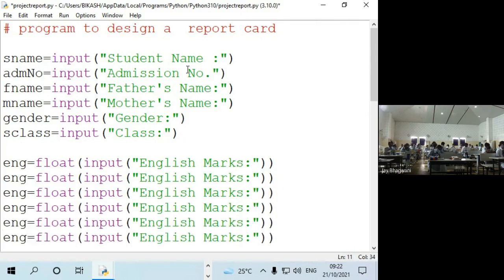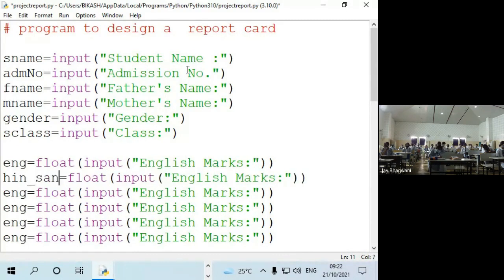After that, beta, let me give the subject variable English, Hindi or Sanskrit. Both will be there. So here I can give the marks Hindi or Sanskrit. Then what is the third one?